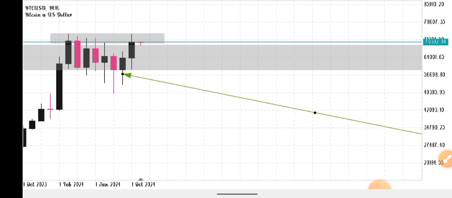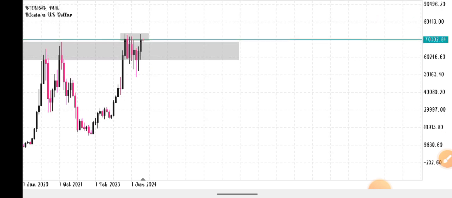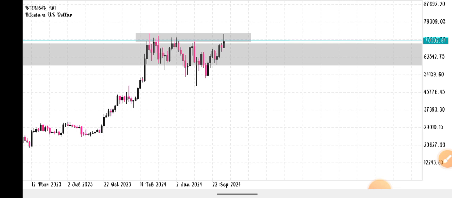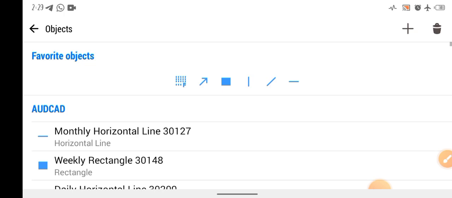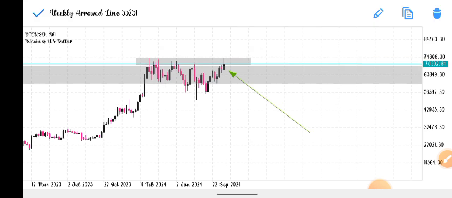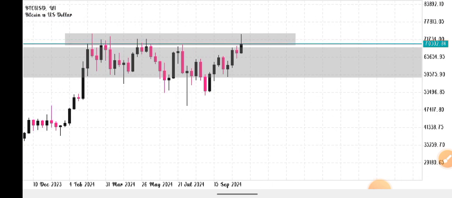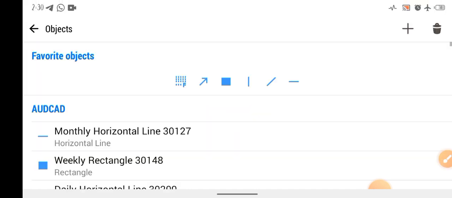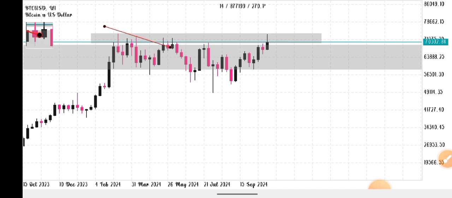So as we move forward into the video, guys, now we'll go again to our weekly time frame, right? Where we have this mini resistance that price is already forming. Because of this resistance on the weekly time frame, price is still resisting there and cannot go past it. So guys, another thing I want us to do is, from what we can see on this chart, we have something like a flag. So I'm gonna draw a trend line so that we can have that pattern,